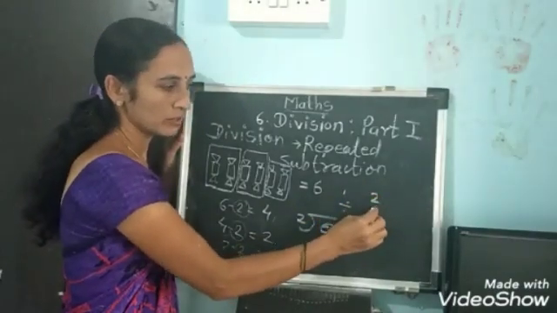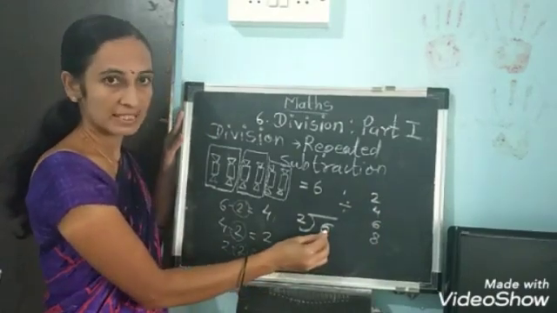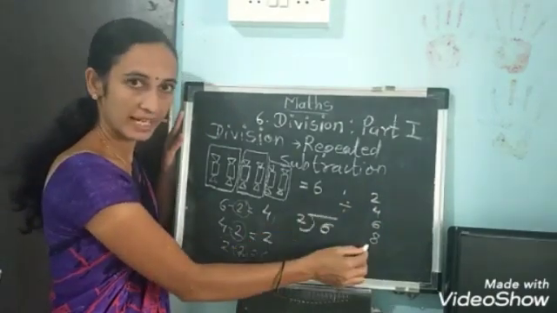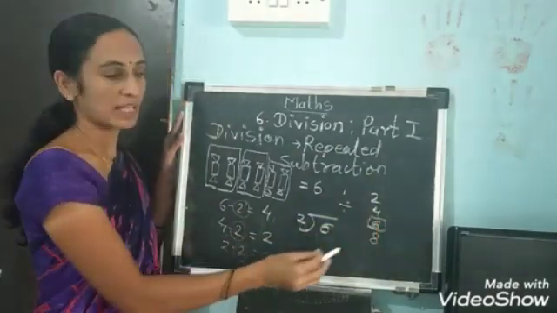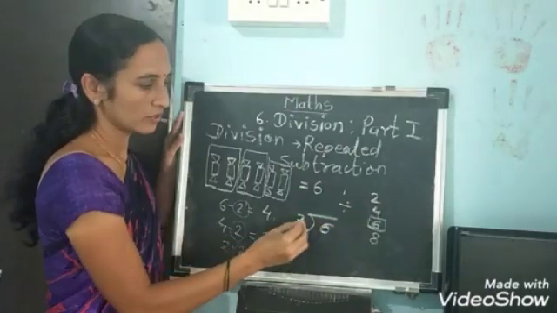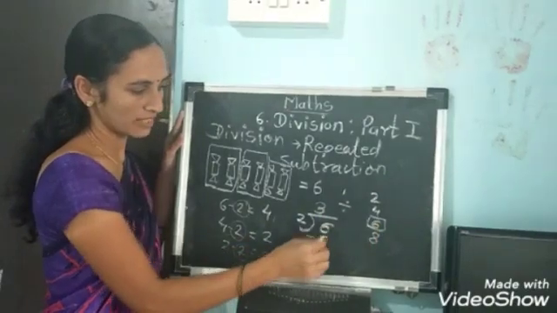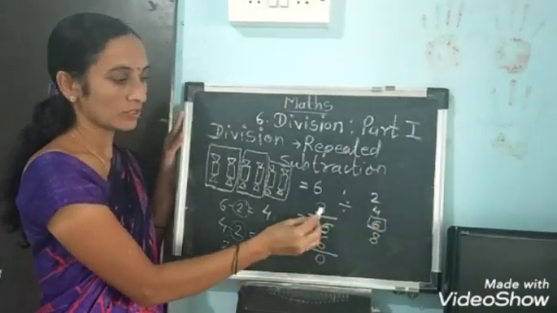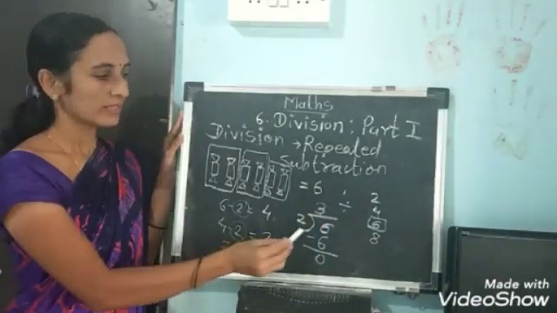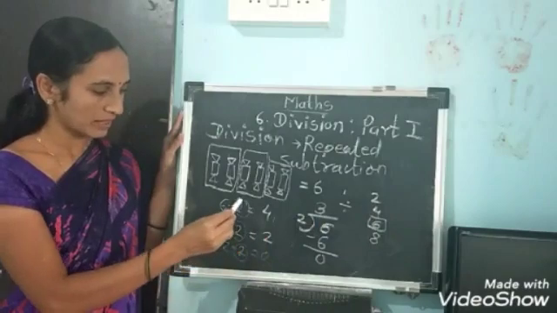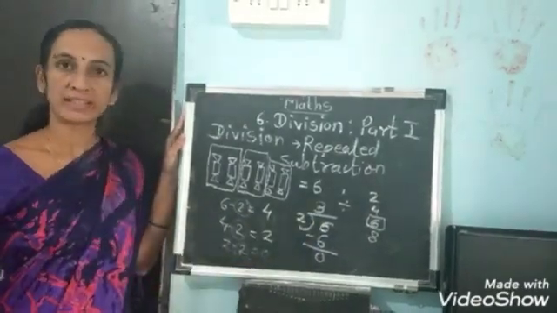Do you know the 2's table? 2 1s are 2. 2 2s are 4. 2 3s are 6. 2 4s are 8. What do we want? 6 we want. We say the 2's table till 6. Is there 6? Yes, it is there. At which place? 1, 2, 3. So 2 3s are 6. Then cut this 6 from this 6. 6 minus 6, 0. So 3 children will get 2 chocolates. Did you understand that? So it is called division. And repeated subtraction means division. In both ways, the answer is the same, 3.